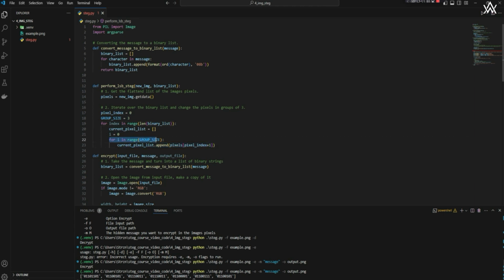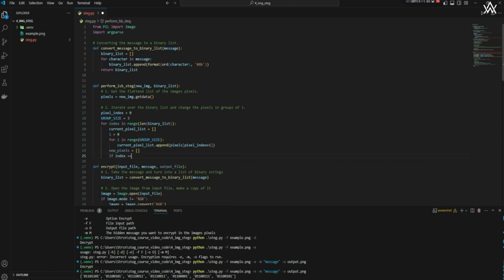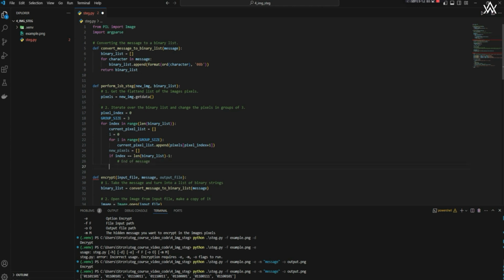So for i in range of group size, which is 3, we're going to append the pixel at that current index. Then we're going to say new pixels is equal to a blank list, and we're going to say if index is equal to the length of binary_list minus 1, we're going to say that this is the end pixel. Or we're going to change this and say it's the end of message, and we're going to say else